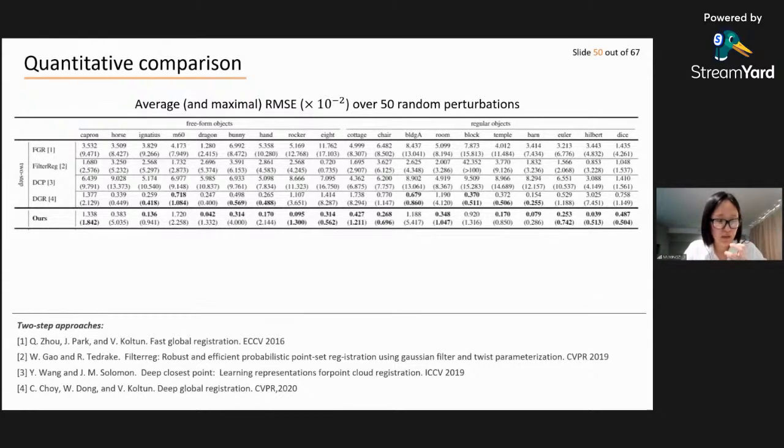One is DCP, which tries to force a transformer architecture on the point clouds and do the correspondence from there. The other is DGR, which uses a volumetric representation. The volumetric representation works very well because the deep learning method is very well designed, like the convolution operation can be very well adapted